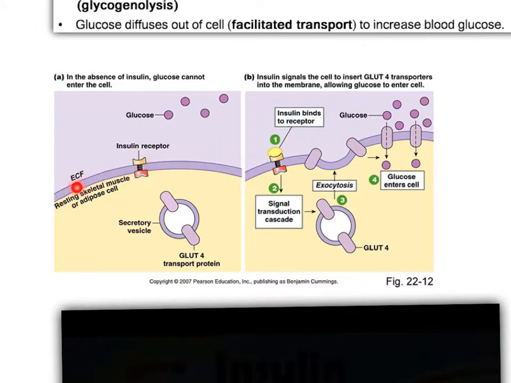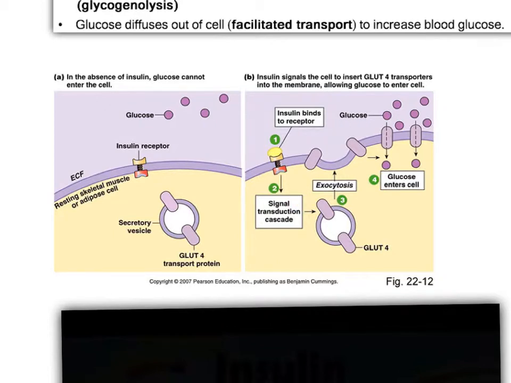Also, this could be a muscle cell or a fat cell, but for the purposes of this slide we're interested in the liver cell. So the liver cell on the cell surface has a membrane receptor which is complementary in shape to insulin. Insulin can bind to that insulin receptor, and then a second messenger is produced inside the cell. This idea of a signal transduction cascade, which we talked about in a previous